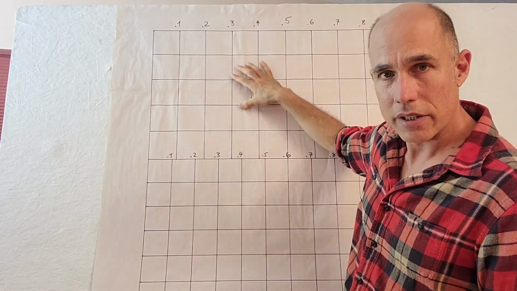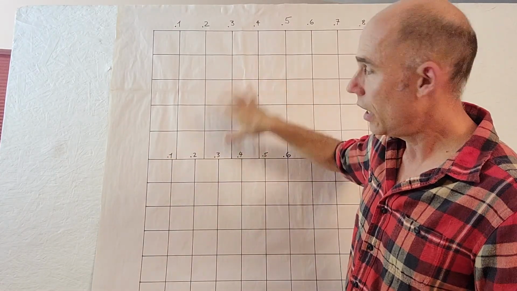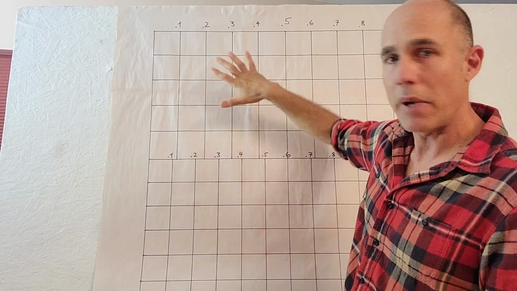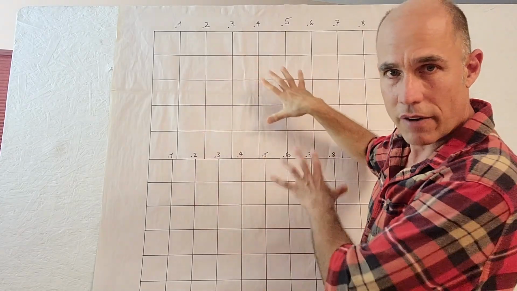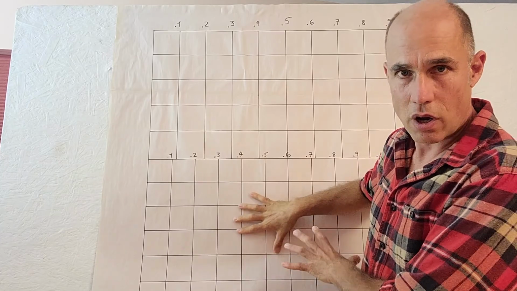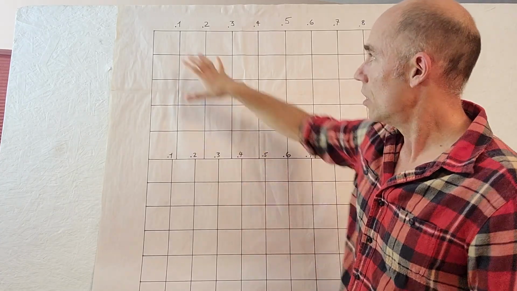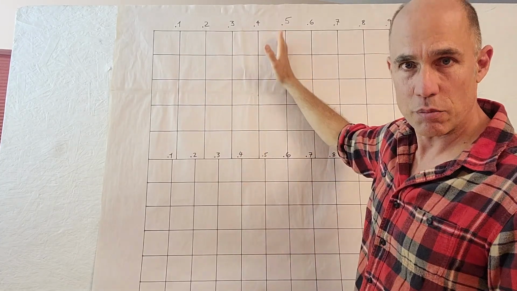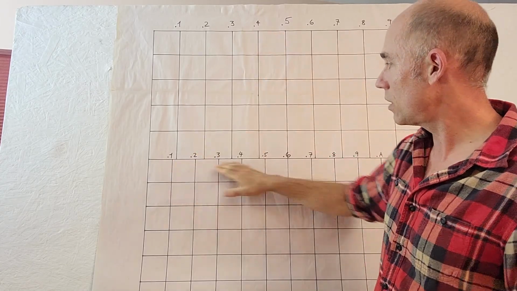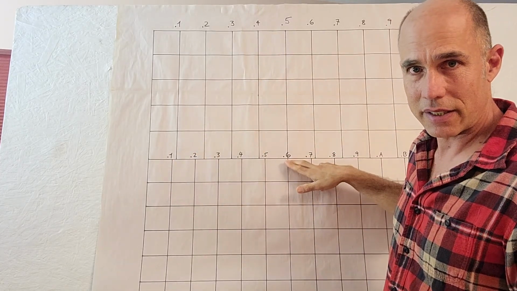The top half has been divided into tenths and the bottom into 12. So this is a base 10 version of dividing up the square. This is a base 12 version of dividing up the square. So that's pretty straightforward. Halfway is 0.5, and down here we can see that halfway is 0.6 in base 12,